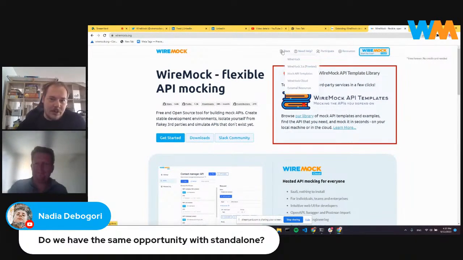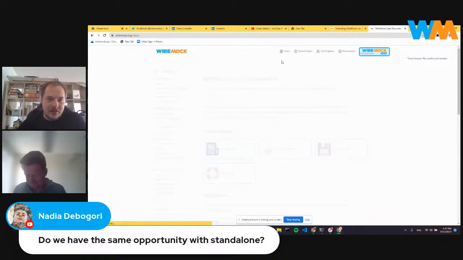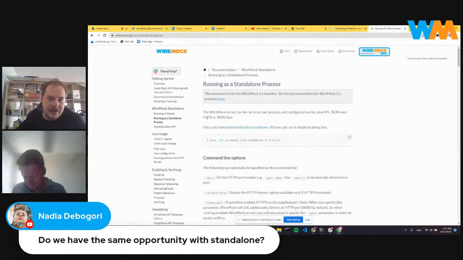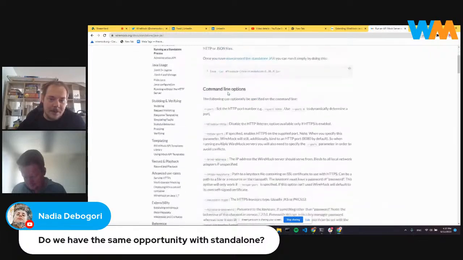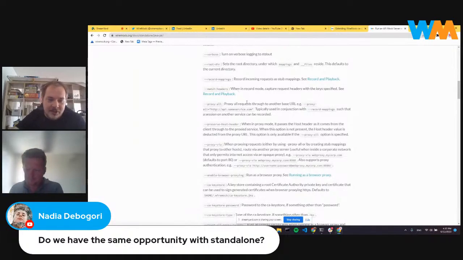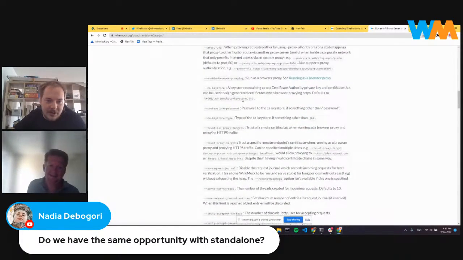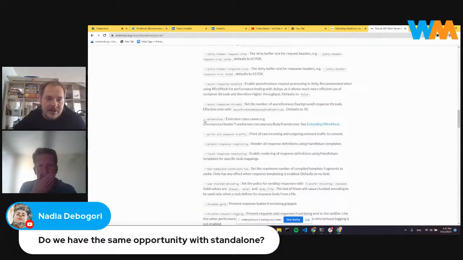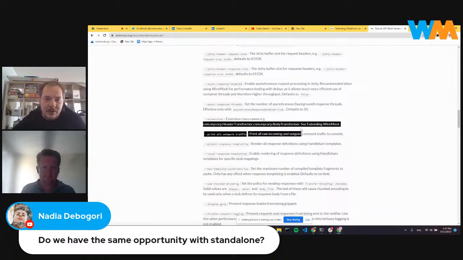So if you go to the WireMock website, we did some updates to it. There you can also see references to WireMock standalone, in both standalone jar and Docker. And if you go there, you can find some tips about how to run extensions. So long story short, an extension needs to be in the class path, which can be defined via standard Java arguments. And after that, you need to pass the extensions parameter that defines the class of the extension to be loaded. You can see the example here.